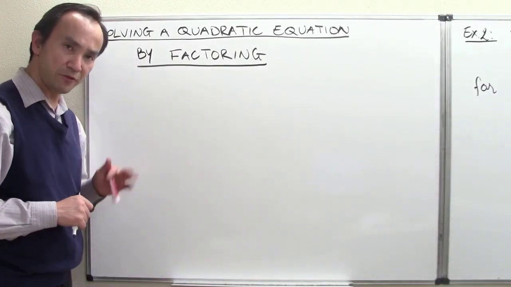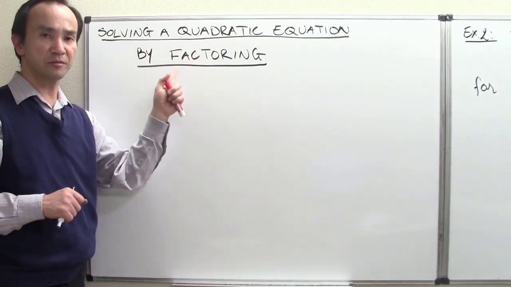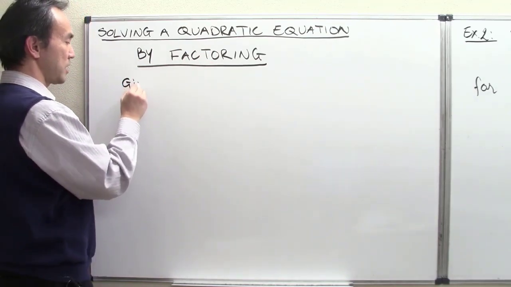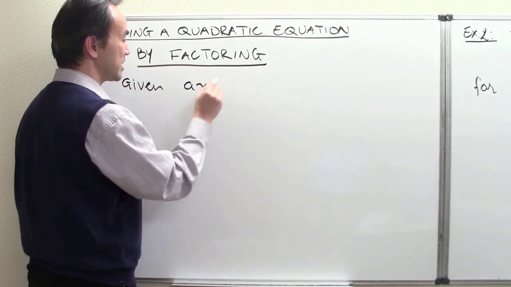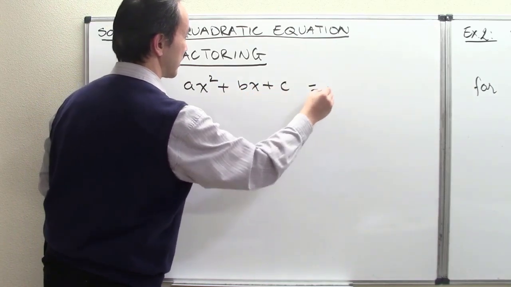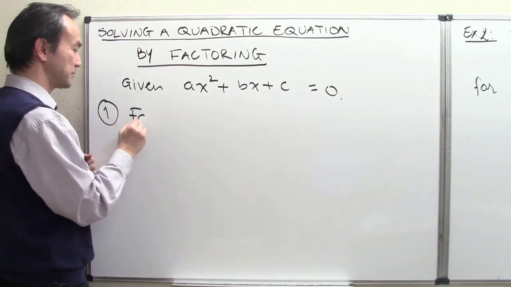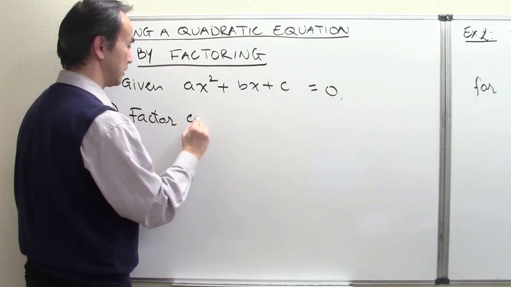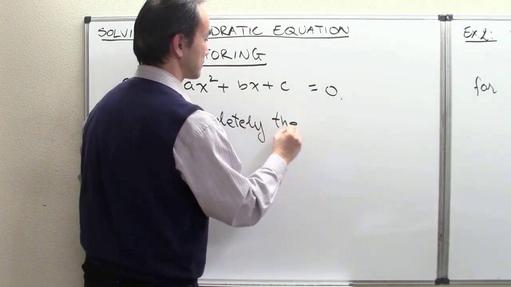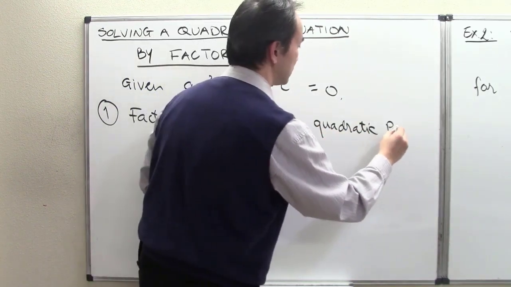Let's now write down the general instruction of how we can solve a quadratic by factoring. Starting out with an equation in standard form, ax squared plus bx plus c equals 0, the first step is to factor completely the quadratic polynomial